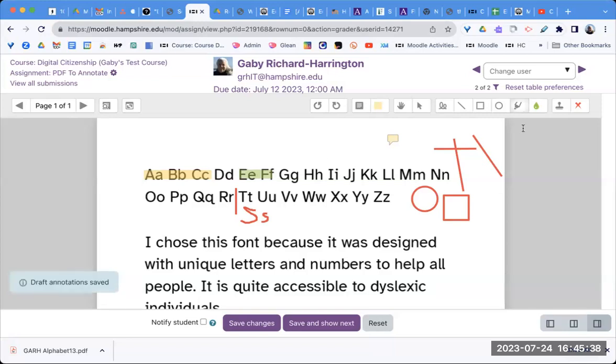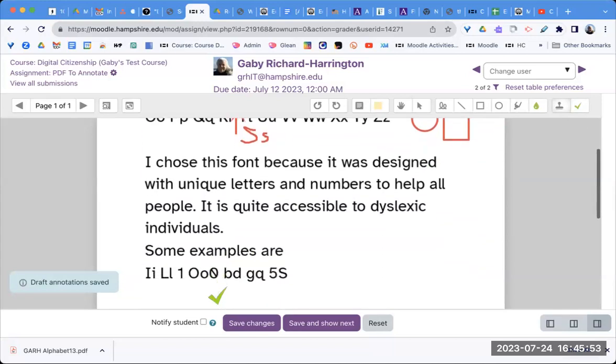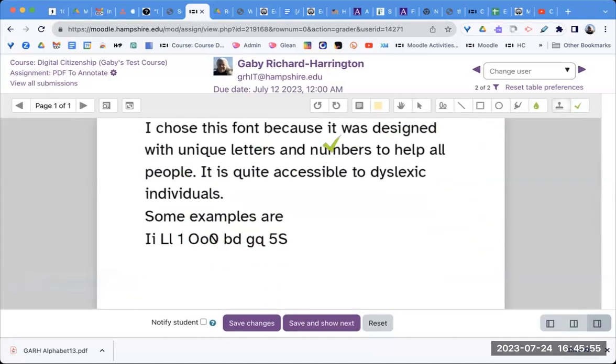And then I have stamps. So I have an X, I have a check mark, and I have a sad face and a happy face. So here I might put the X where the mistake is. And then maybe I chose this font because it was designed with unique letters and numbers to help all people. It's quite accessible to dyslexic individuals. Some examples are. And I maybe like the comment that they left, and so I use that